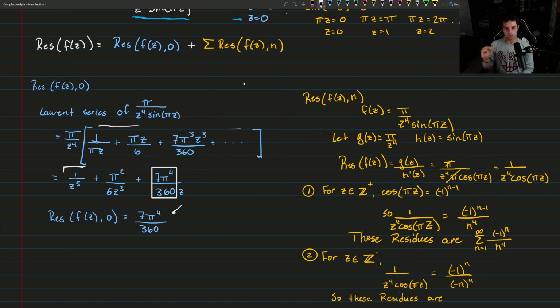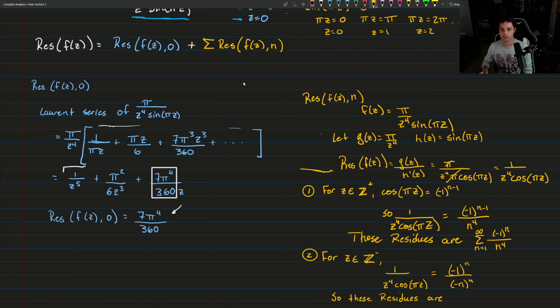The next part is a little bit trickier, because this is a little bit more outside of what we've done, maybe not entirely, but a little bit. I found it hard, just put it that way. It is the residue of f(z) when sine of pi z is equal to 0. This is trickier because there's an infinite amount of them, and we need the sum of all those, right? So what I use is